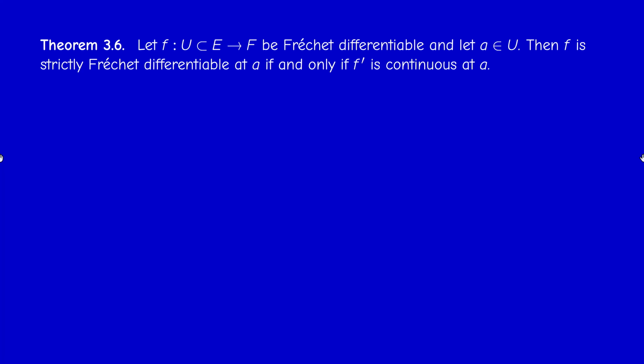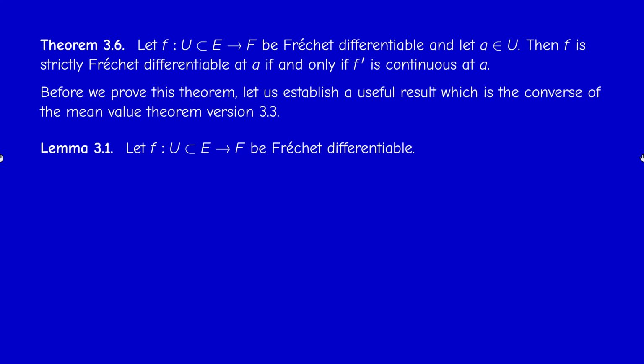So this is really important, but it was not clear from the definition. So strict differentiability means essentially continuity of the derivative. Okay, so there's nothing really mysterious, but it's not clear why this is true, so we have to prove it. But before we prove it, we need a very useful lemma, which is a kind of converse to the